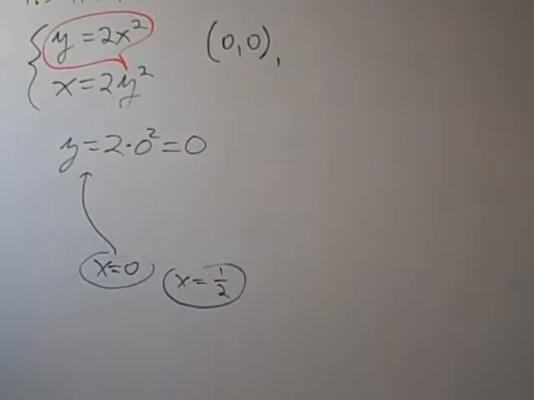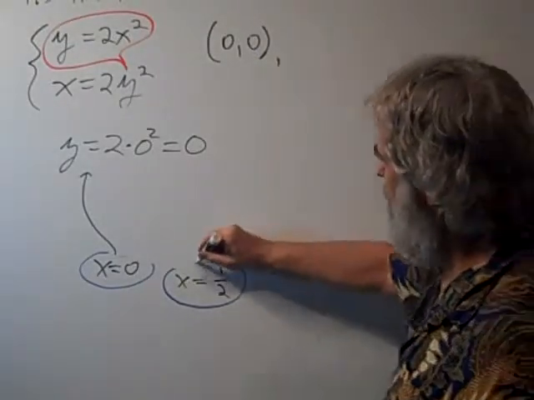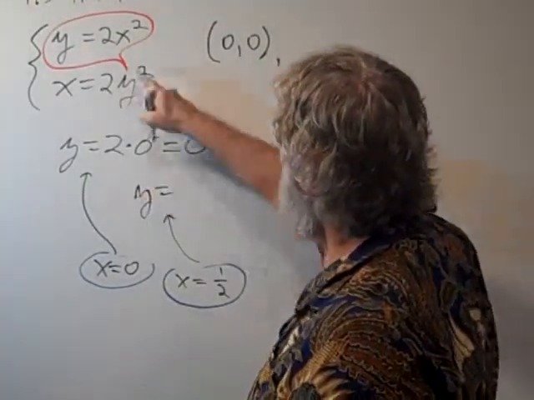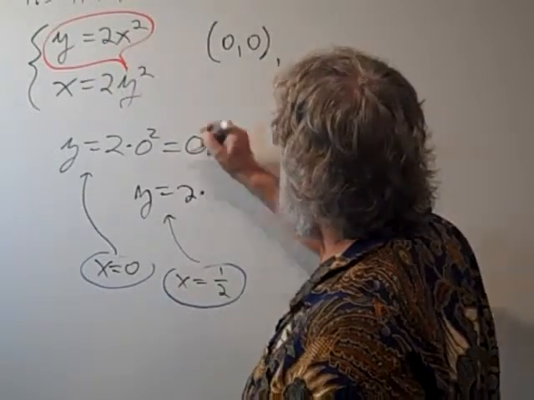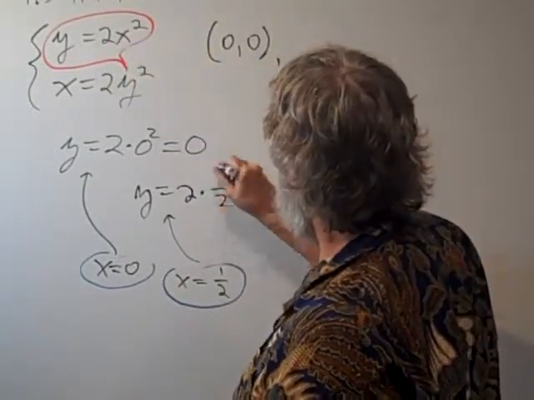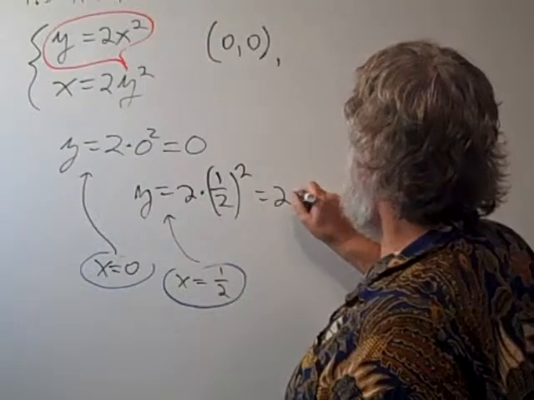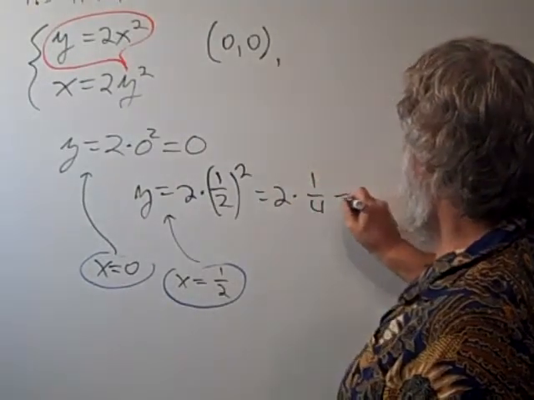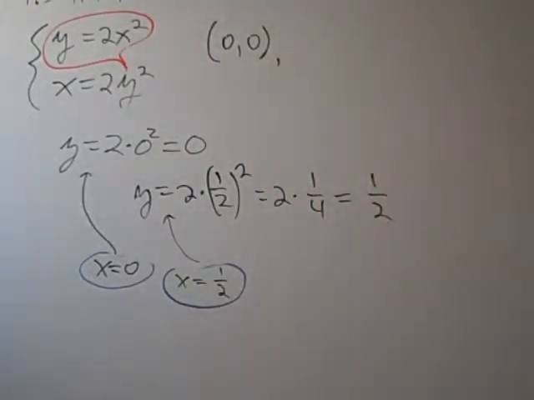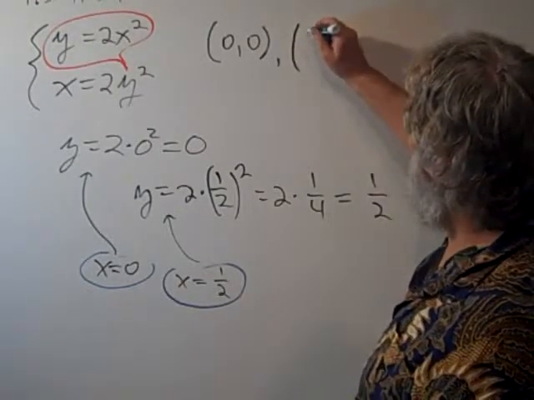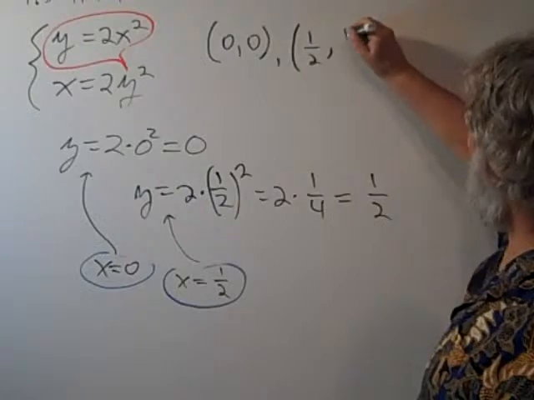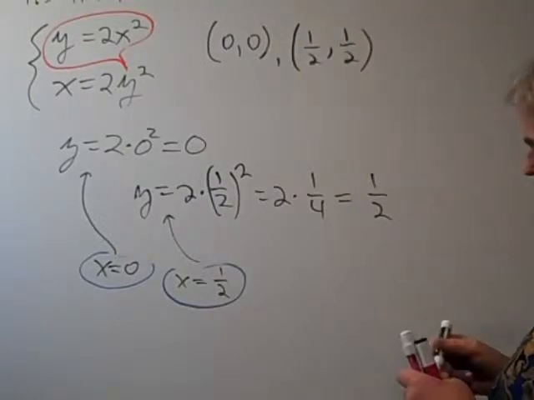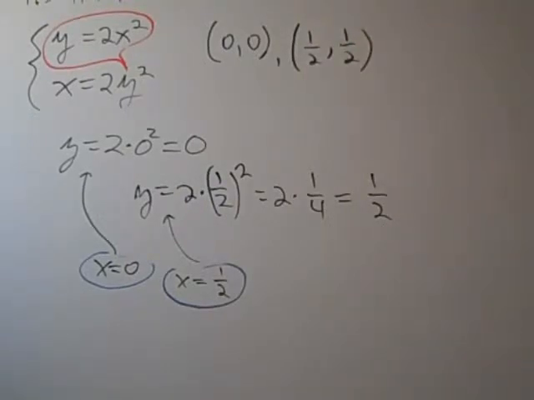And for our other solution, we use x equals 1/2, then y is equal to 2 times 1/2 squared. That's 2 times 1/4, which is 1/2. 2/4 is 1/2. So we get the second point where x is 1/2 and the corresponding y is 1/2. So these are the two points of intersection